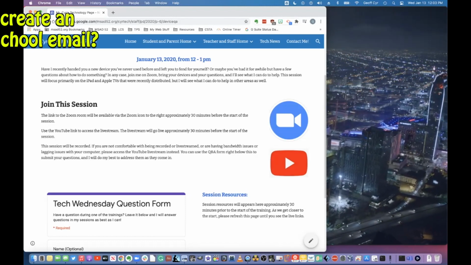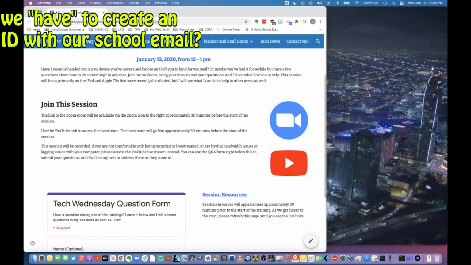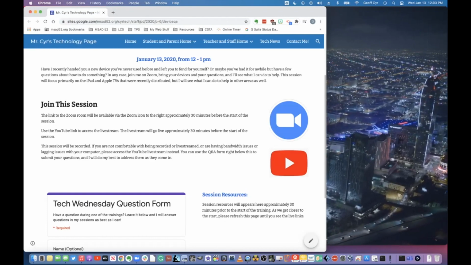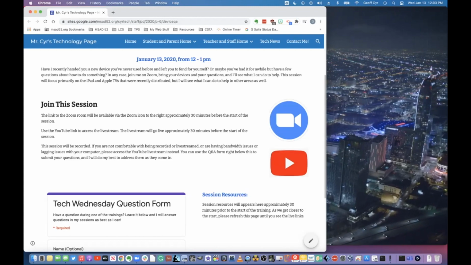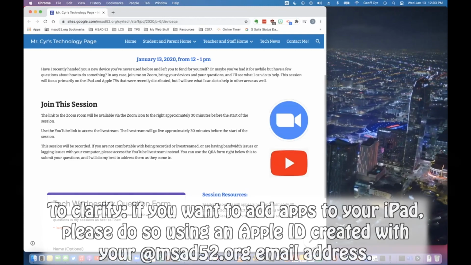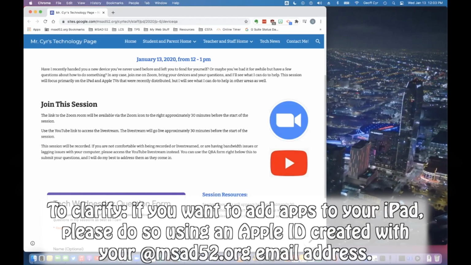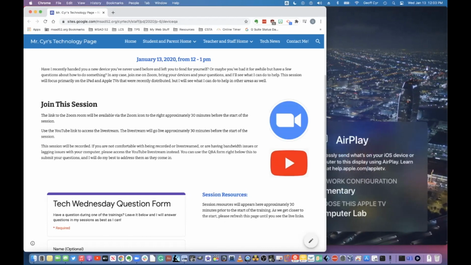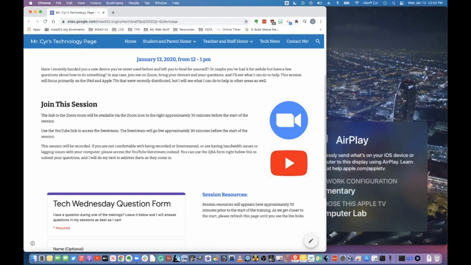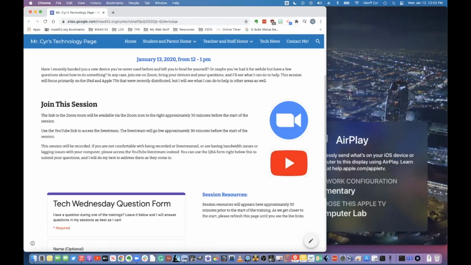Need an Apple ID? You probably will want one if you're looking to download and install apps on your iPad. You don't have to have it, but basically in order to add any additional apps that we don't put on there, you will need one. And I do have